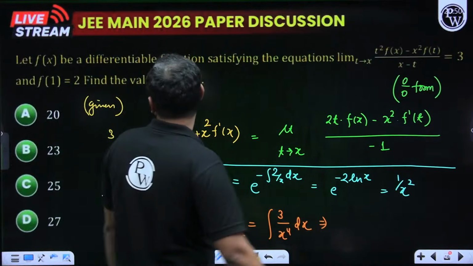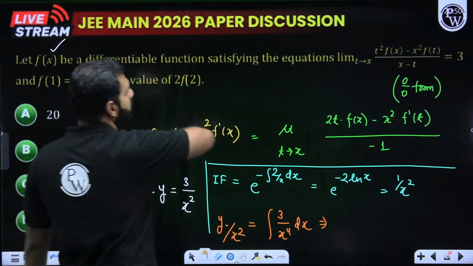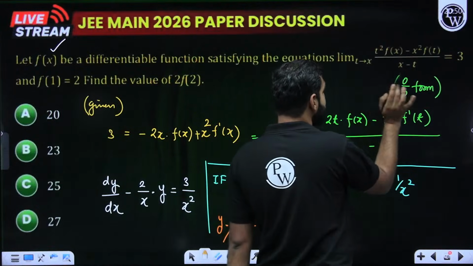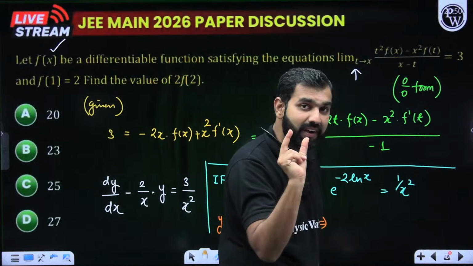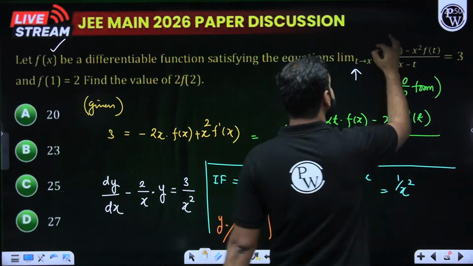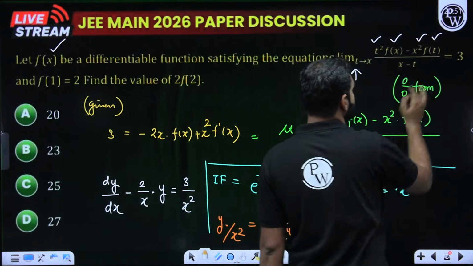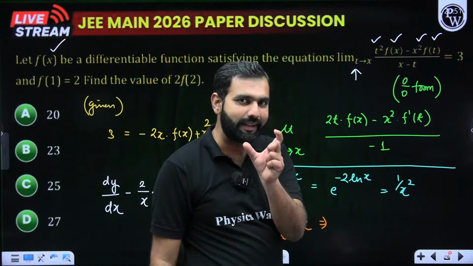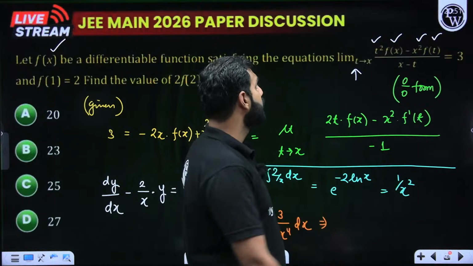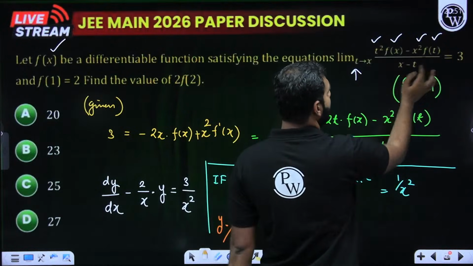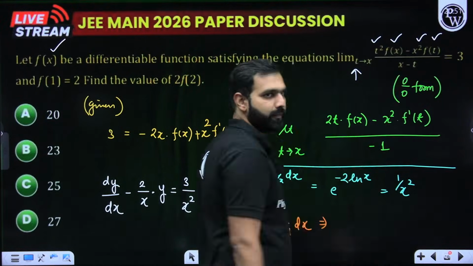What was it? f(x) is a differentiable function satisfying the equations. Pay attention to this. The variable is t here. t is approaching x, so x should be treated as a constant here. The limit of (t² f(x) − x² f(t))/(x − t) is given as a finite limit 3. If I make t approach x, x² f(x) minus x² f(x) over x minus x gives 0 by 0 form,